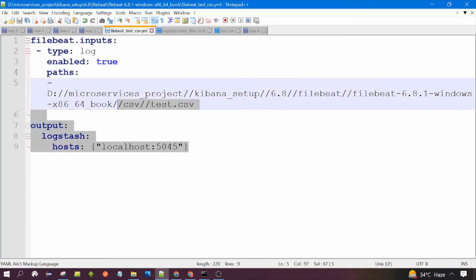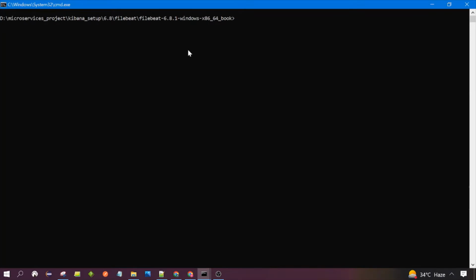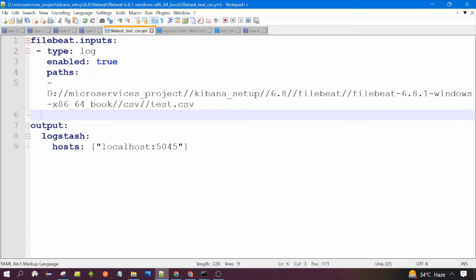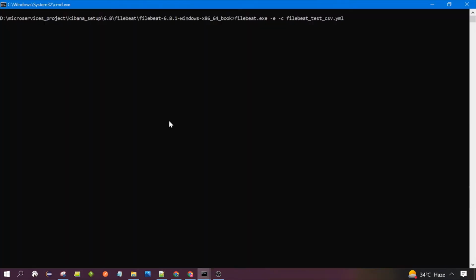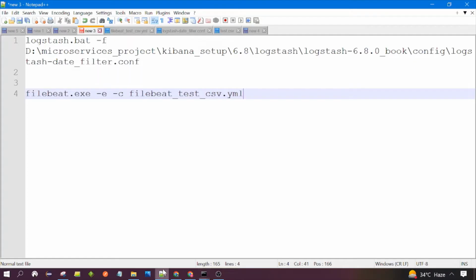We are going to start Filebeat. First we need to launch Filebeat in the command prompt, and we need to run this command, with the Filebeat configuration file name. So let's press enter. By the time Filebeat is up and running,